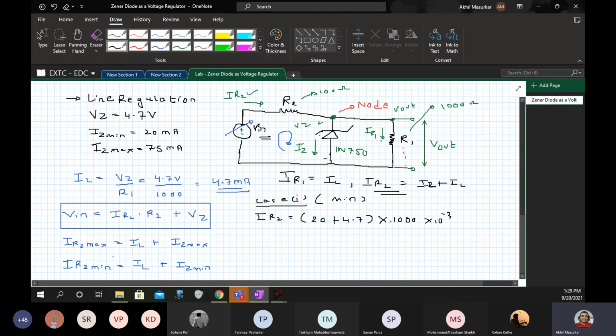This is the value of the resistance, plus Vz, that is 4.7 volts.